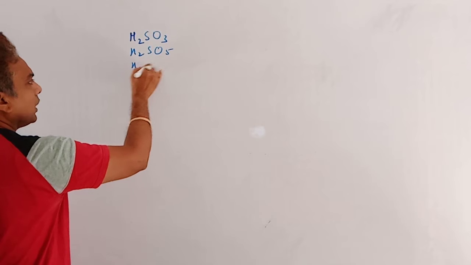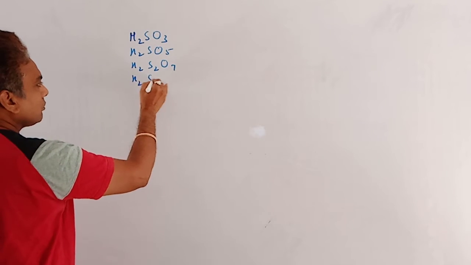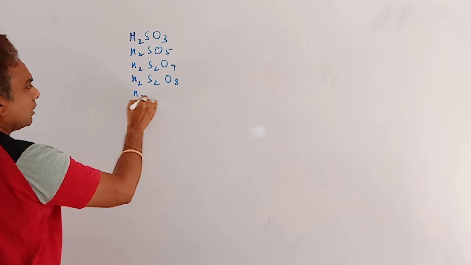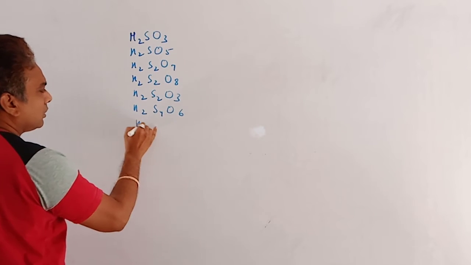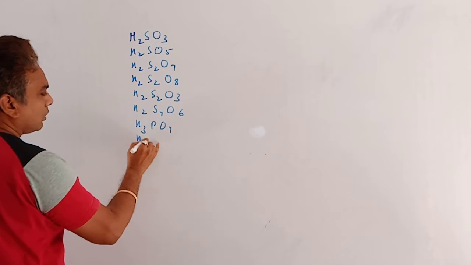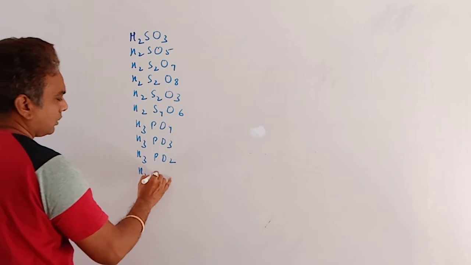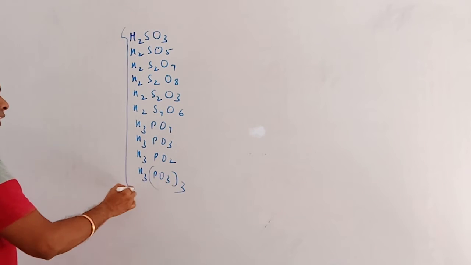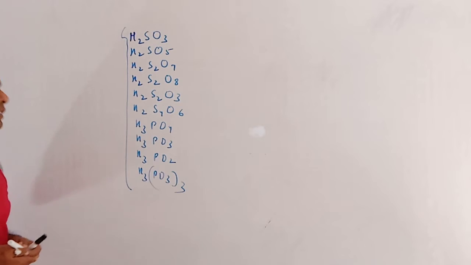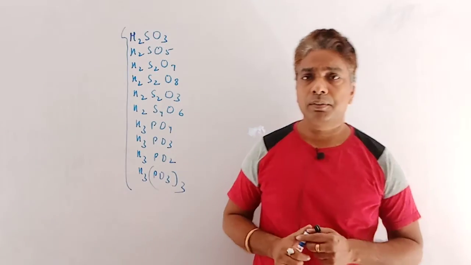H2SO5, H2S2O7, H2S2O8, H2S2O3, H2S4O6, H3PO4, H3PO3, H3PO2. So all these molecules are hydroxy acids of sulfur and phosphorus. Clear? And one point to remember: